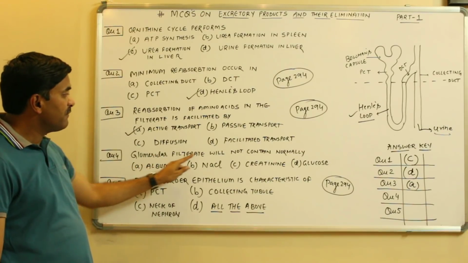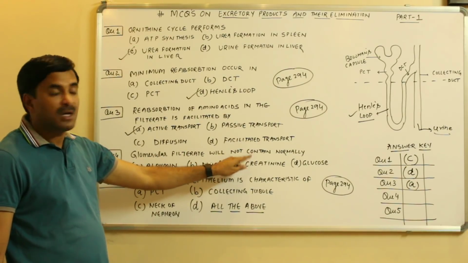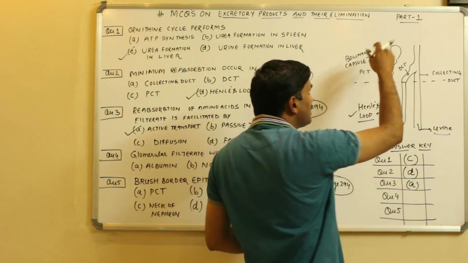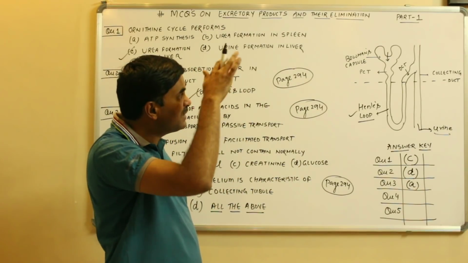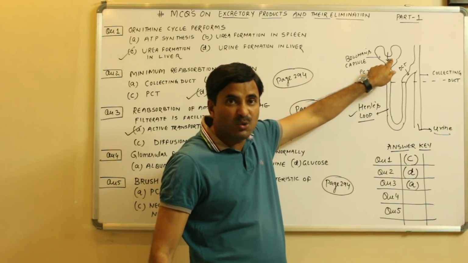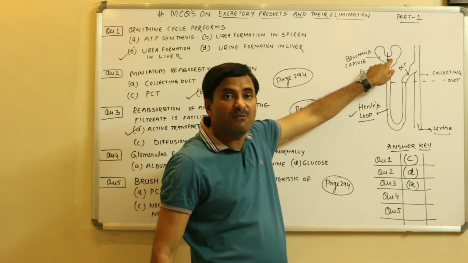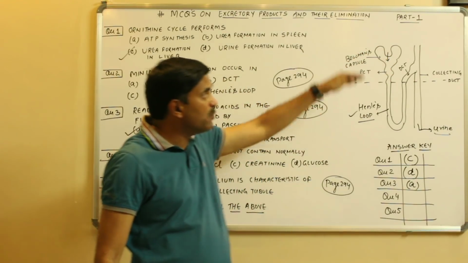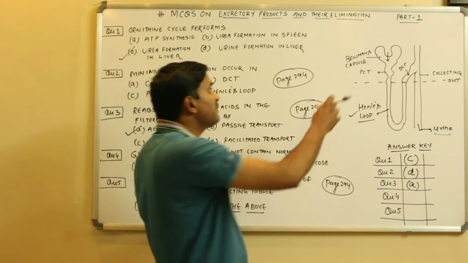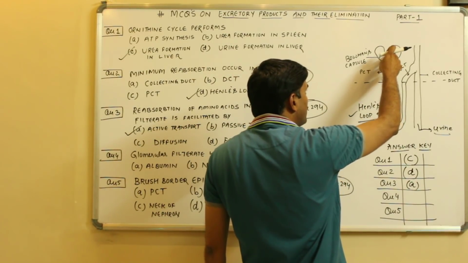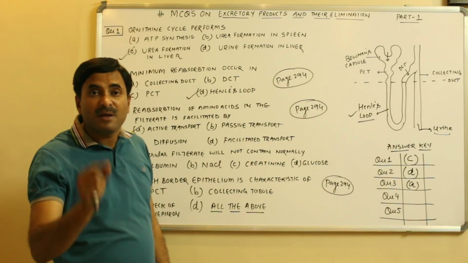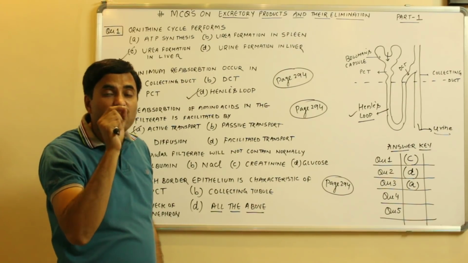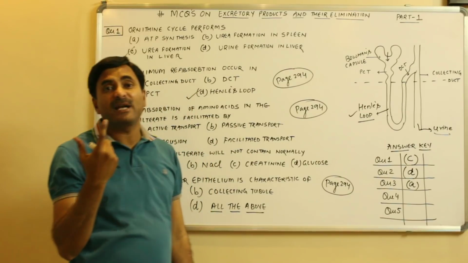Fourth one, glomerular filtrate will not contain normally. Now we know very well that the liquid which is coming is filtered from here. Ultrafiltration occurs. You know very well that the very first step in urine formation is ultrafiltration, and due to ultrafiltration many substances come down this nephron. Here there is a membrane which is responsible for the ultrafiltration, but that membrane has such small pores that the larger proteins such as albumin cannot